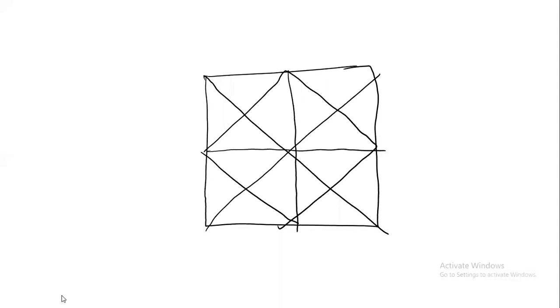Now, the first two line equations are very simple. That is, I is equal to j or j is equal to I. This line equation is I plus j equals n minus 1. If you are thinking, should I remember j equal to n minus 1 minus I or this equation? I'll tell you, remember this equation only. Don't worry about j equal to n minus 1 minus I. You have to remember I plus j equal to n minus 1. So these two line equations you already know: j is equal to I and I plus j equal to n minus 1. Now the other four line equations you have to learn by heart. So what is this line equation?